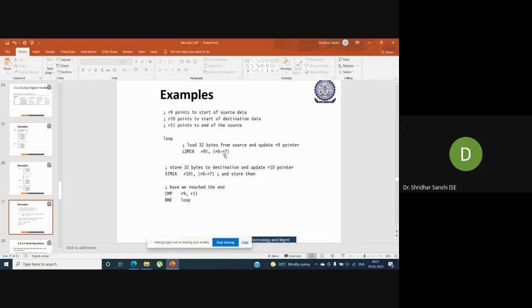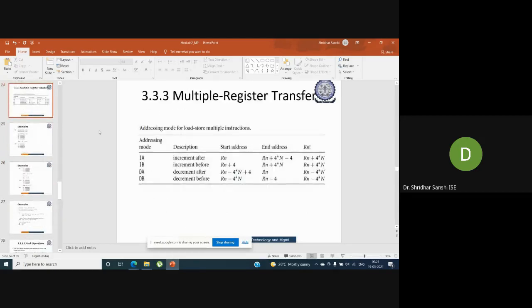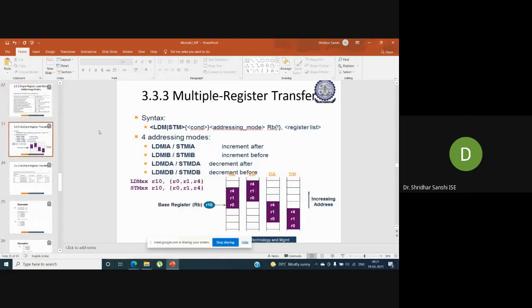It is a bulk of data, so that's why we have used R0 to R7. And again, if you want to store a bulk of data to the memory, we can use this multiple register transfer. So this is an example of multiple register transfer with load and store instructions.